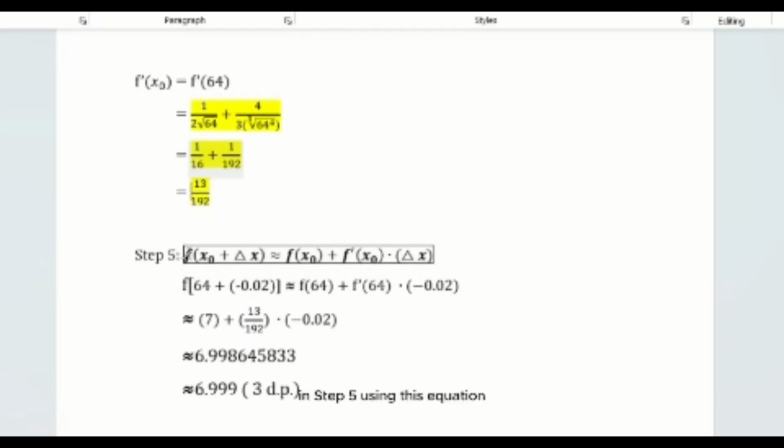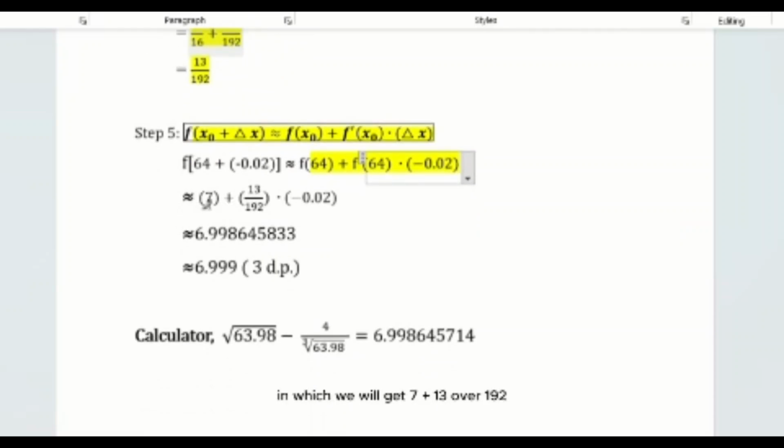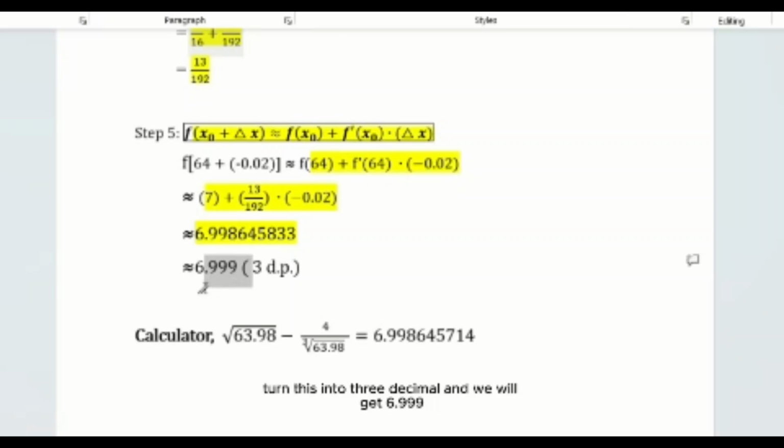In step 5, using this equation, we substitute in the answers from before, in which we get 7 plus 13 over 192 multiplied by negative 0.02, and we will get 6.998645833. Turn this into 3 decimal places and we get